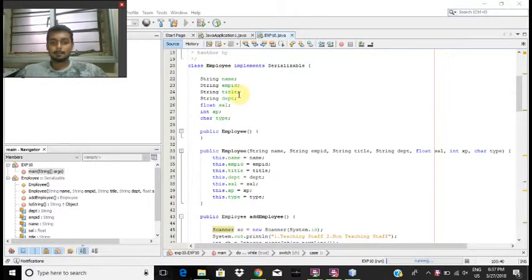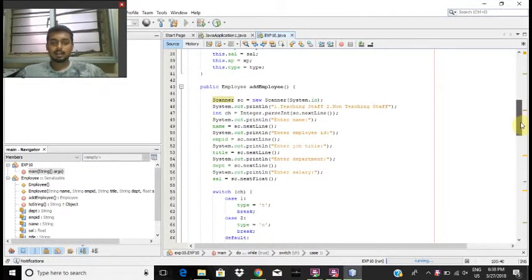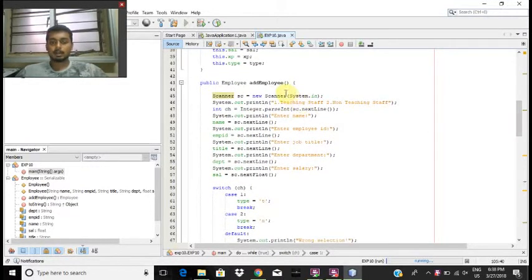A string name, employee ID, title, department, float salary, int experience, and char type are the attributes of the program. Now we create a constructor to initialize all the attributes, and we create a function called addEmployee, public Employee addEmployee, and we use the Scanner class to take the input from the user. That is whether the staff is teaching or non-teaching, the name, employee ID, job title, department, and